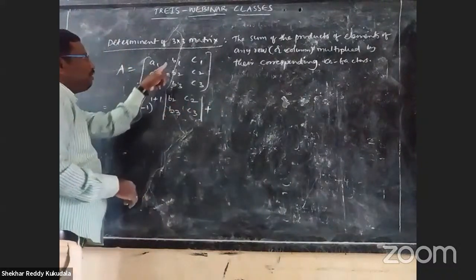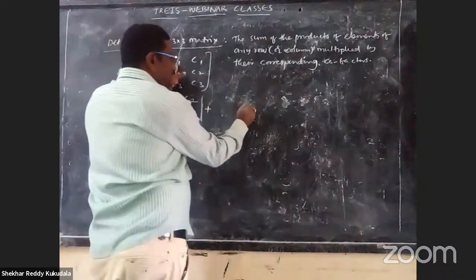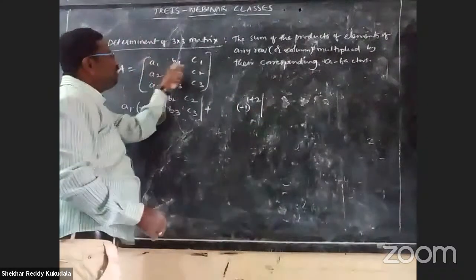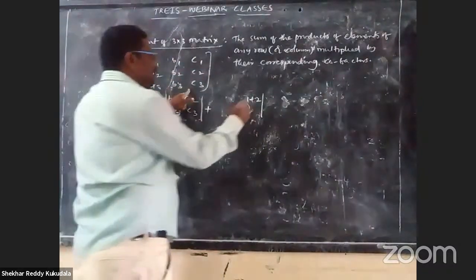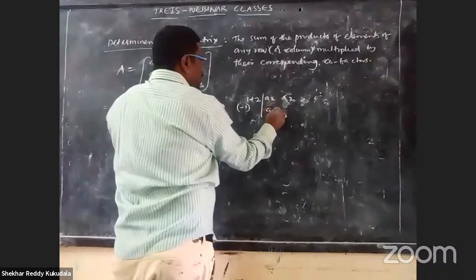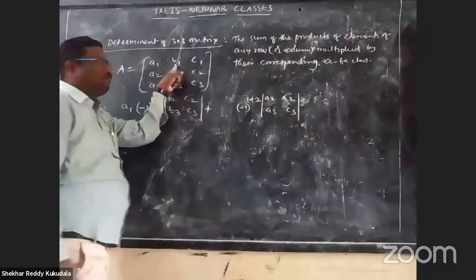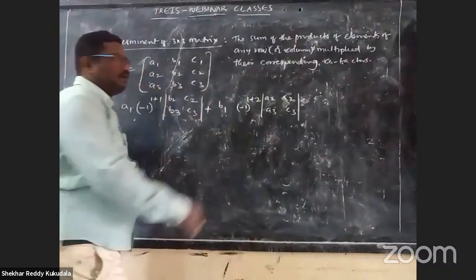Plus b1 cofactor. The b1 cofactor is minus 1 power first row and second column. Ignoring this row and this column, the remaining 2 by 2 matrix is a2, c2, a3, c3. This is the cofactor of b1, multiplied by b1. Plus